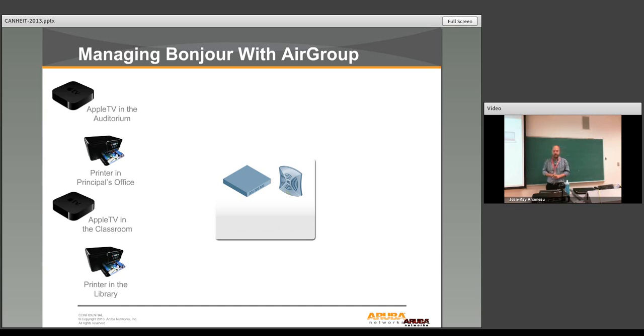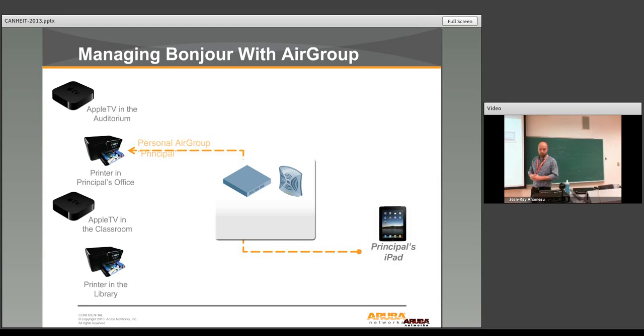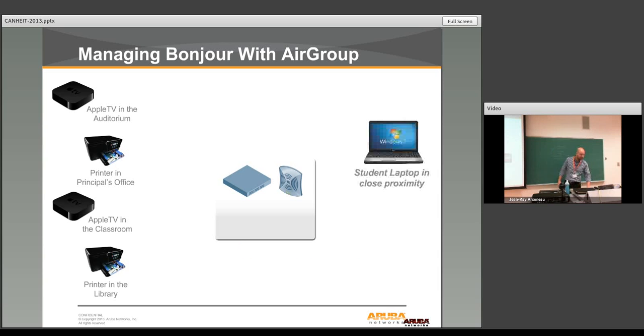And I can have a shared AirGroup where a teacher may be able to access all of the Apple TVs in the classrooms that are just assigned for the teachers, or where a location-based AirGroup is defined, where only in the specific auditorium can the devices see that. So rather than have this kind of binary on the network or off the network approach, where either all of the Bonjour capable devices are visible or just those devices in your VLAN, AirGroup basically allows us to make available only the devices that we want to specific users and share them based on